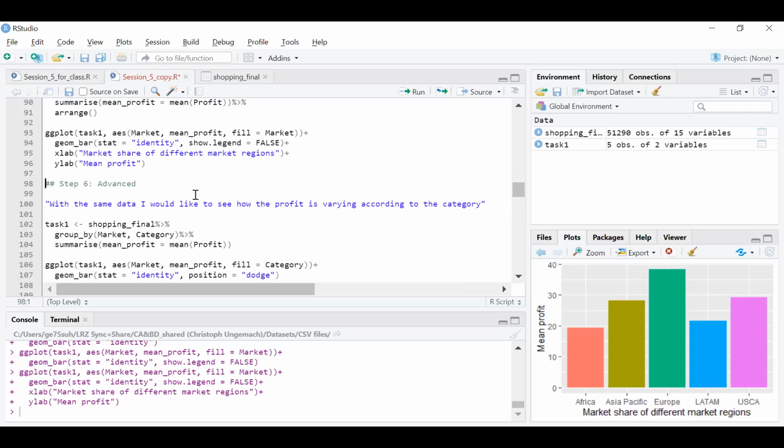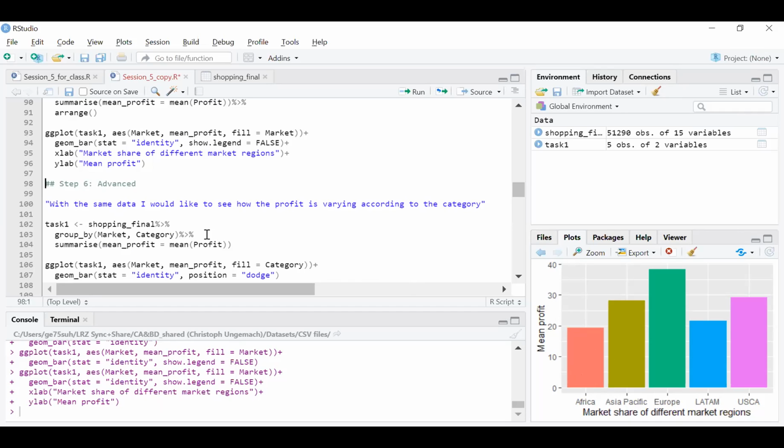In the advanced task, what I want to do is see how this profit is varying across different categories. Right? I have different product categories, and I want to see whether it is varying across these product categories. Hence, what I'm supposed to do initially is overlay this category data onto these bars. Okay, so the profit for each and every category will also be plotted here. So you'll have a section of one category here, and another section of category here. Okay, let's do it and